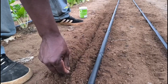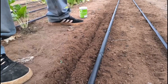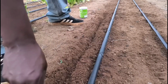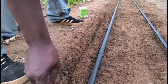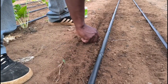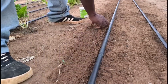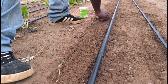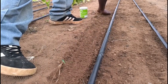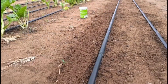But remember, this was not fertilized, nothing was put here. I just prepared this bed and then planted, so no fertilizer was applied here. That is why I'm saying I'm tempted to settle this soil with a little bit of krill manure tea. So guys, I think